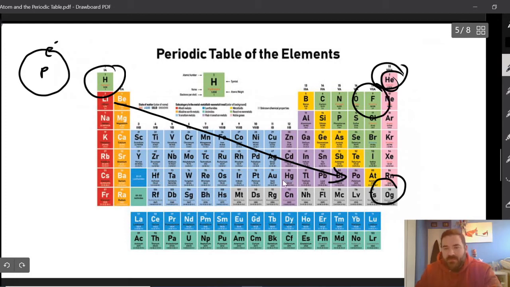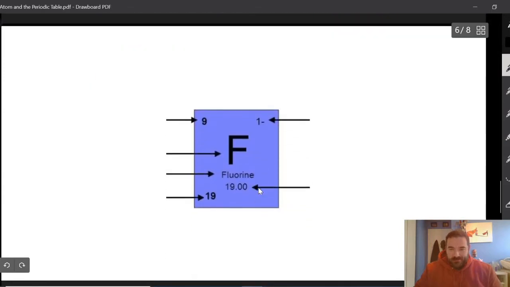Fluorine is very reactive, and we'll talk about why, but it's basically because it's missing a full valence shell by one electron. It just needs one electron to obtain a full valence shell, and it's very aggressive in gaining that one electron. So here we have a box that represents an element in the periodic table, and every periodic table